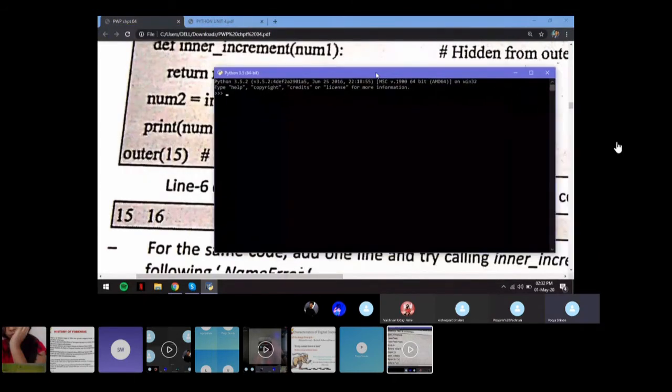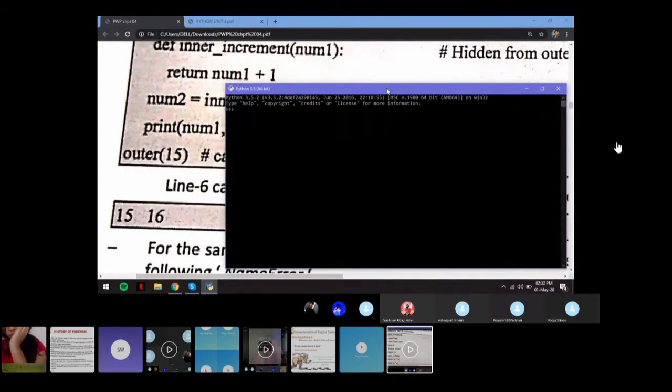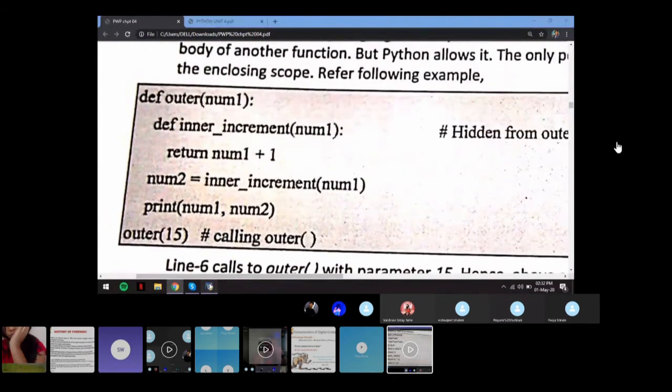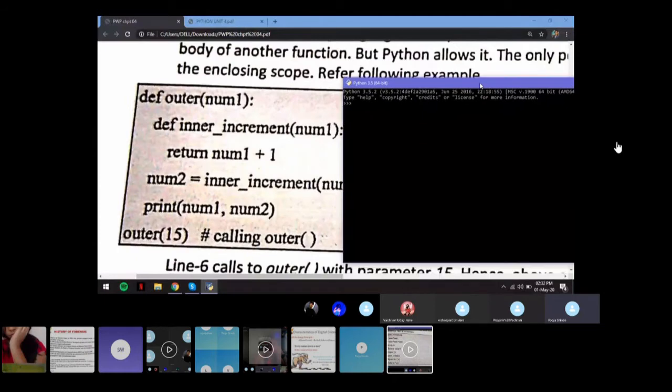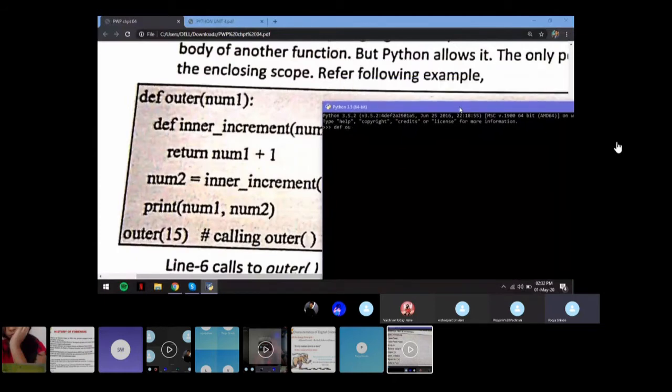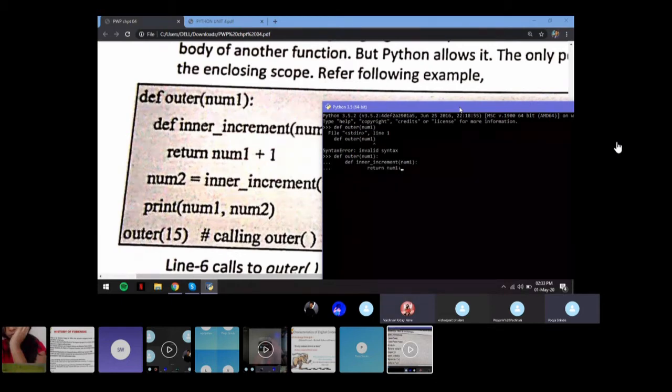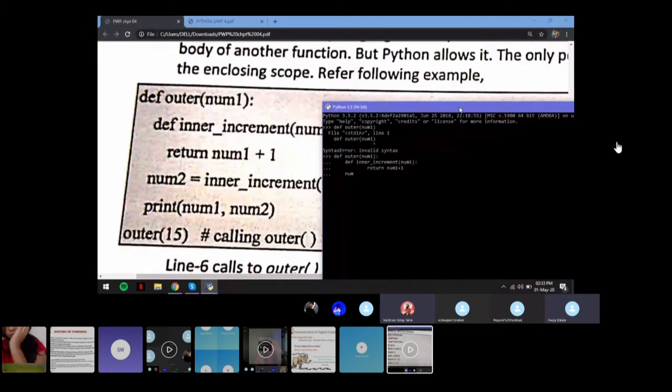Can you see the screen? Someone give a confirmation. Can you see what is being written on the black screen? Can someone please switch on the mic and tell me if you can see this? Yes, ma'am. Yes, ma'am. Okay. So I'm not sure if you can read everything because it's small, but try. No, ma'am. It's visible. Okay.